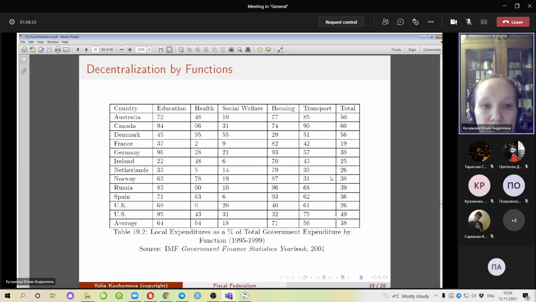And if we talk, for example, about Austria and 72, right? This number 72 means that local expenditures on education constitute 72% of total government expenditures, right? Then the higher the number, meaning the higher the percent of local expenditures as a share of total government expenditures, and the lower the number is, correspondingly the higher the percent of the